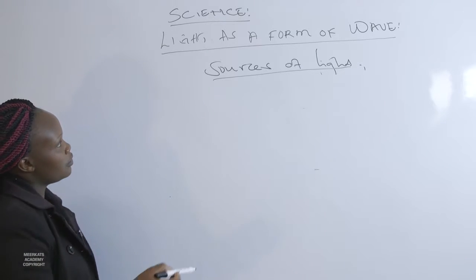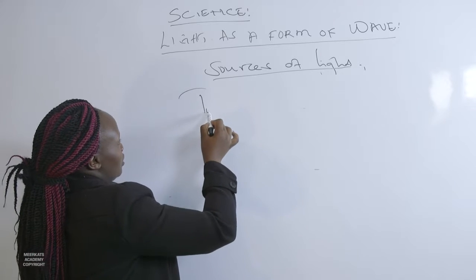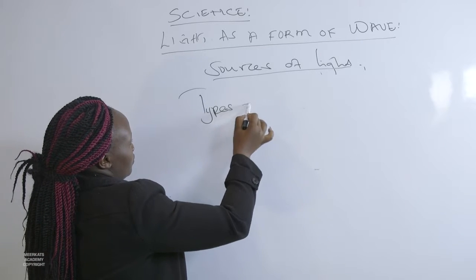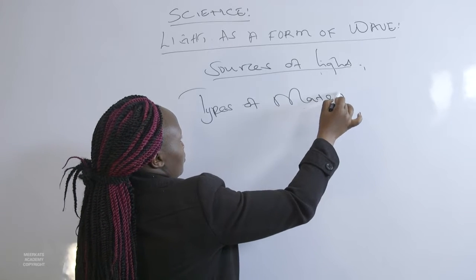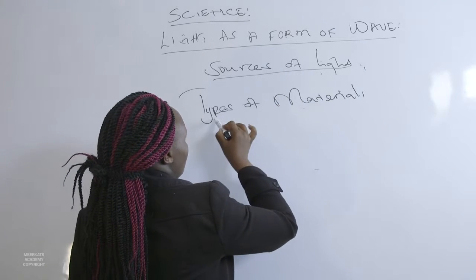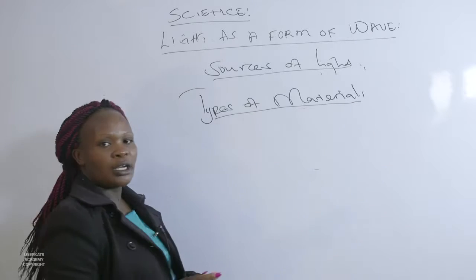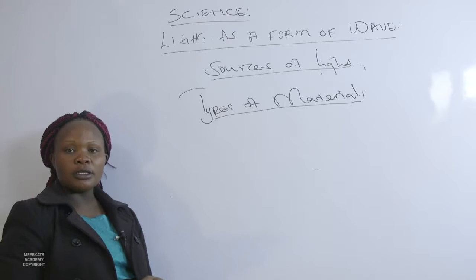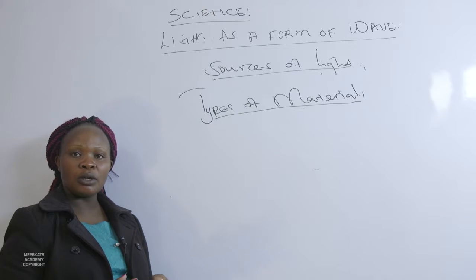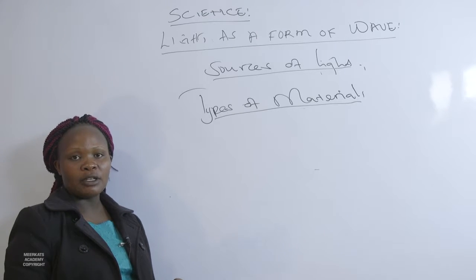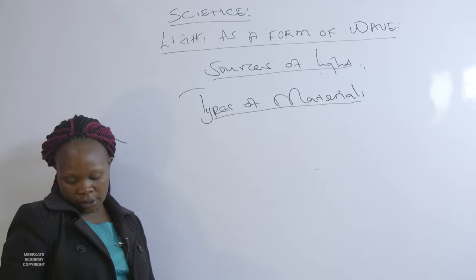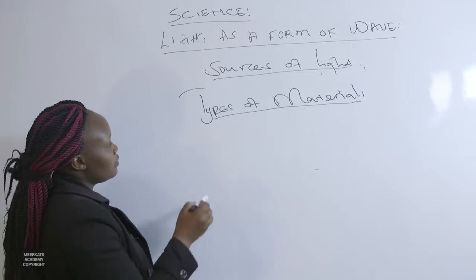We have the following types of materials. We could talk about types of materials, and this one is dependent on whether or not they actually allow light to pass through them, and if they do, can you see through them? Now we have